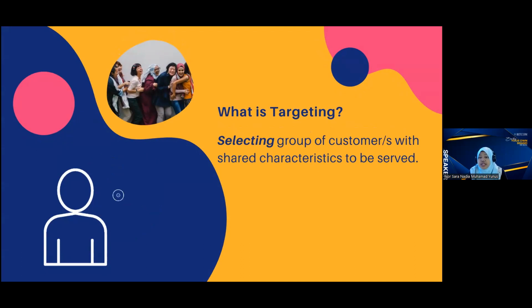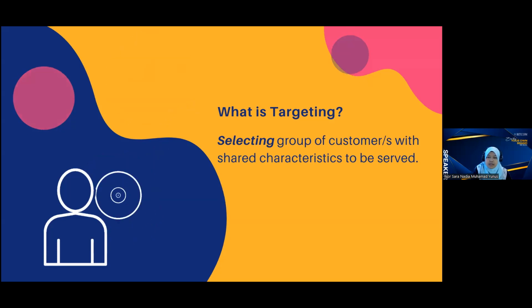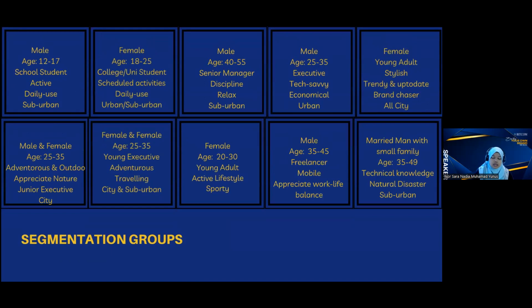So first thing first, you have to understand the process. If segmentation refers to the process of dividing a big population into groups, targeting is a process where we select. It's time for us to select a group of customers that shared similar characteristics for the company to serve in the future. We've done with the segmentation process earlier, so we will carry the same example so that you can see the process. Out of 10 groups, why do you think that we cannot proceed with all these 10 groups? What is the reason?